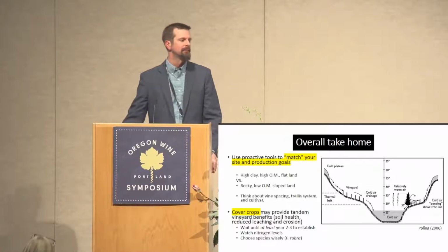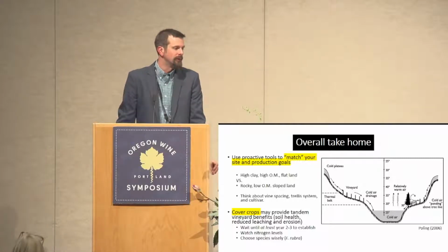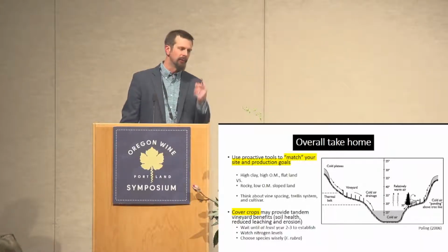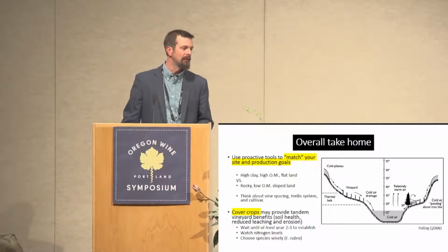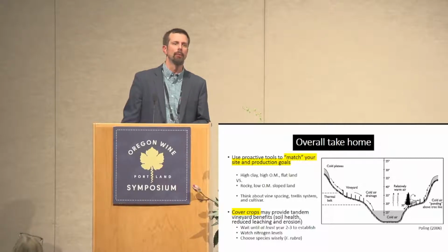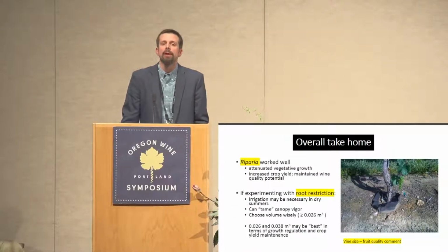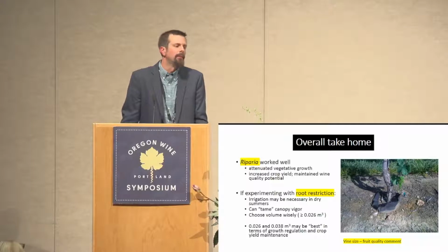Cover crops may provide tandem vineyard benefits: soil health, reduced leaching, erosion. But again, wait until year 2 or 3 to establish them. Watch your nitrogen levels and choose species wisely. Again, we use creeping red fescue. It went dormant right around veraison, which helped us. We thought it was a good thing. Riparia worked well. It tended to attenuate vegetative growth, but also it tended to bump up crop yield without affecting